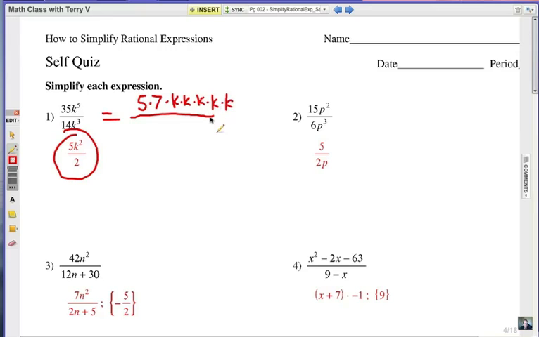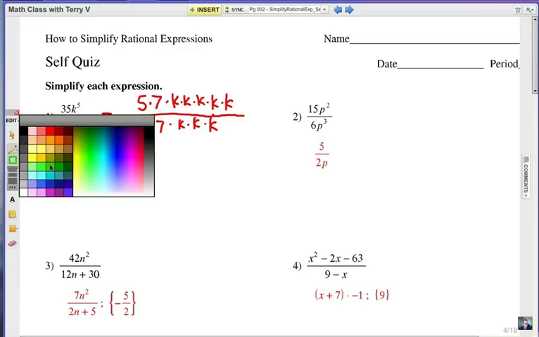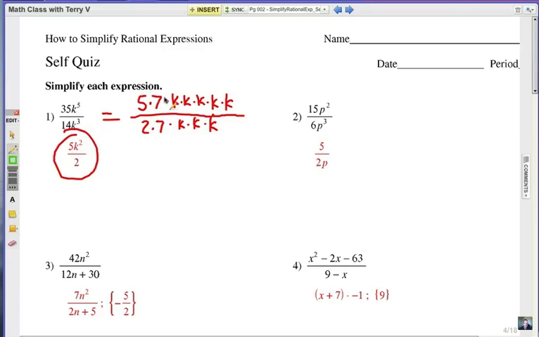All right, and of course there's a shortcut I talked about too. 14k to the 3rd is 2 times 7 times 3 k's multiplied together. All right, now obviously we've got to cancel out common factors, which would be a pair of 7s, and we've got 3 k's on the top, 3 k's on the bottom. Now when we put it back together again, which is the simplify stage, you get 5k squared over 2. Number 2,